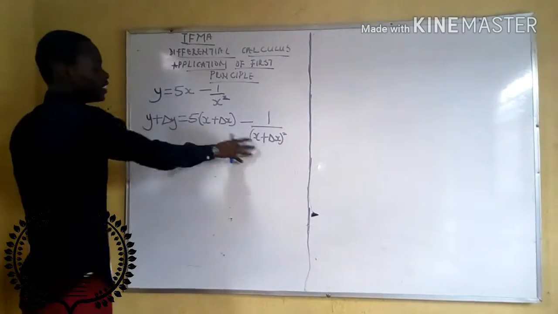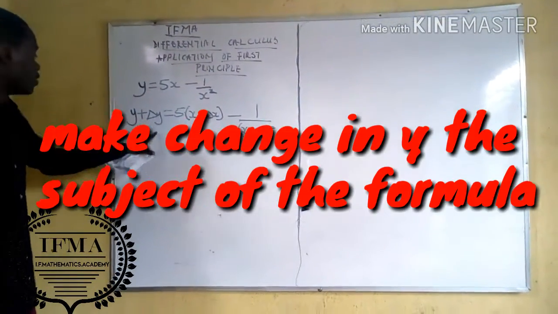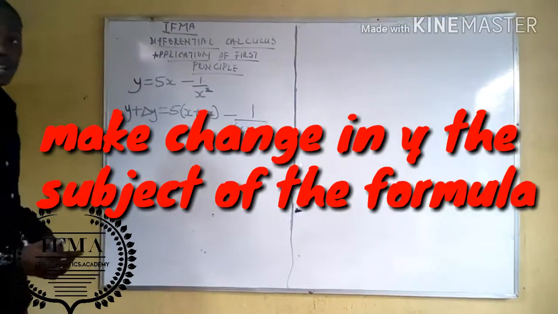Now the change in y here and the change in x to this side. So now we are going to make the delta y the subject of the formula. So therefore we have